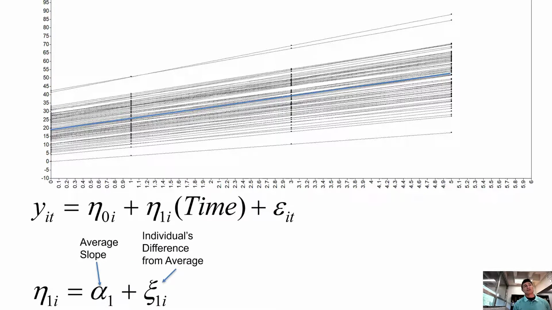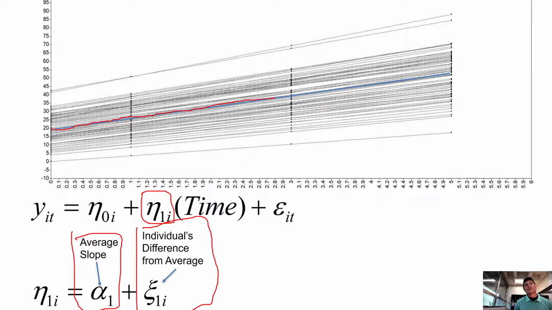The slope is also similar. So we have the slope is individualized. It's made up of the average slope plus some variation. So here on the figure, we've got our average slope. This is pretty homogeneous data. Most people are pretty similar slope-wise. There's not these extreme going up and down. People aren't losing intelligence scores.